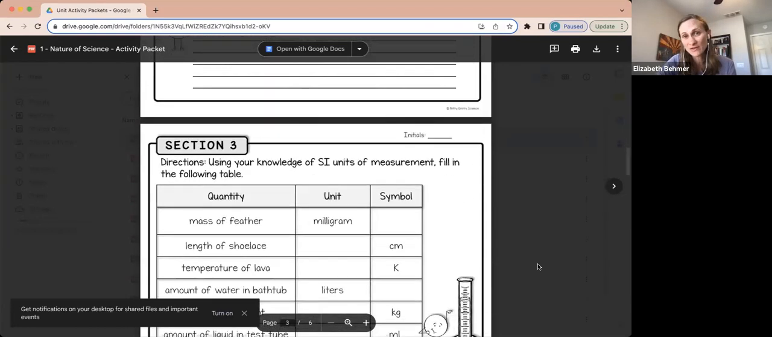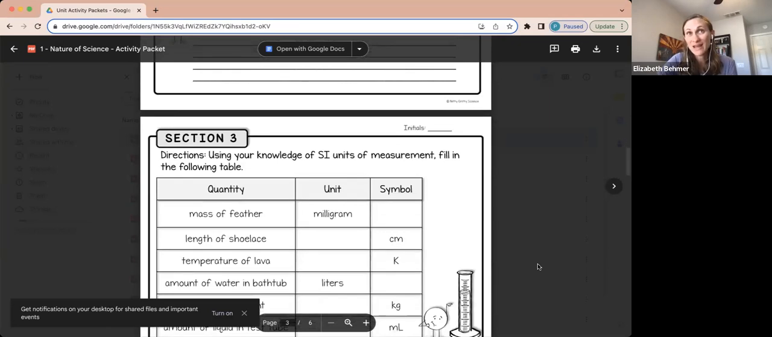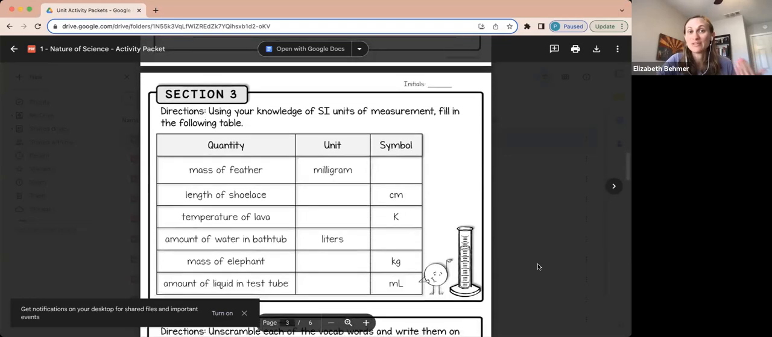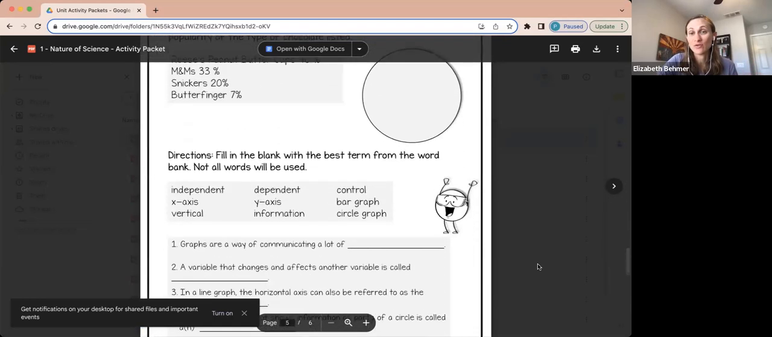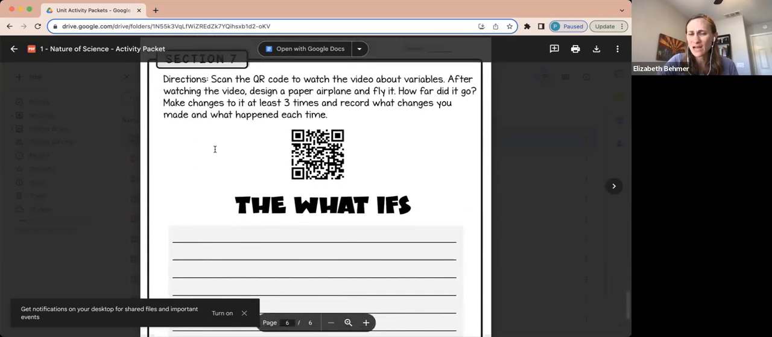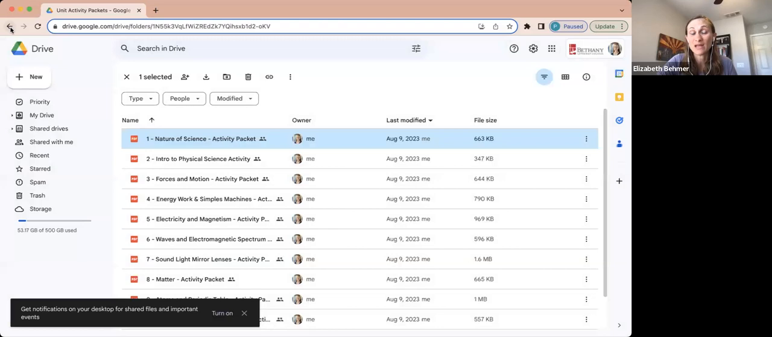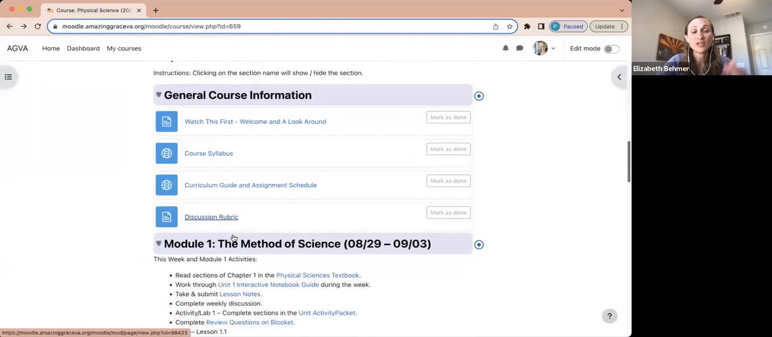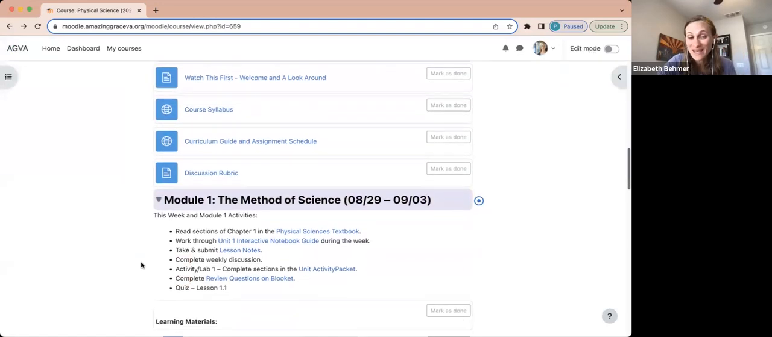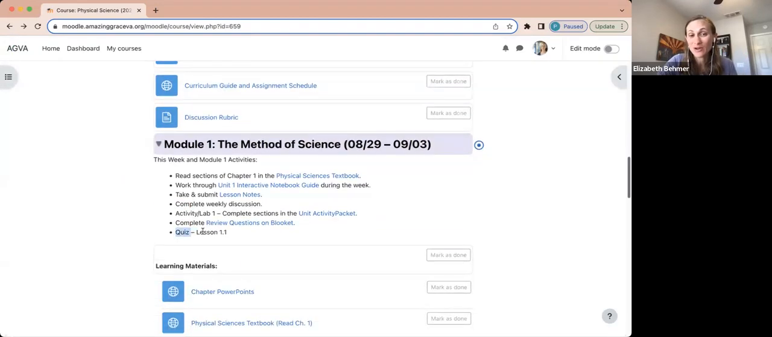But then the remainder of the week, the next week's week 2, module 2, we'll go through section 3, section 4, section 5 together as we go through the graphing as well. So this is kind of your lab or activity packet that you will need to submit as well. So those are all, I just took us through module 1. At the end of the module, there will be a quiz. So I kind of give you this week's